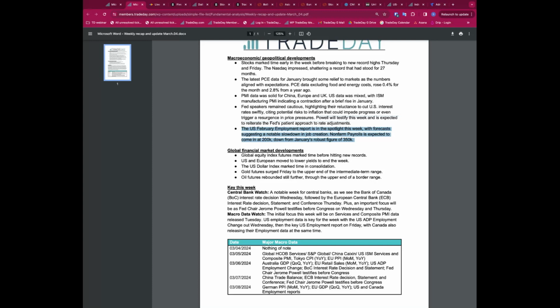So we are looking at this Friday, and we're looking for a notable slowdown to 200,000 jobs added, with January's number significantly above expectations, back at 350. Now, again, a number lower than expected might actually be good for the market. Okay, so probably what we don't want to see is too strong a number. A strong number will maybe see the anticipation be that the Fed may be more hawkish, maybe not cutting rates as early as the market wants. And so we're not really looking for a strong number.